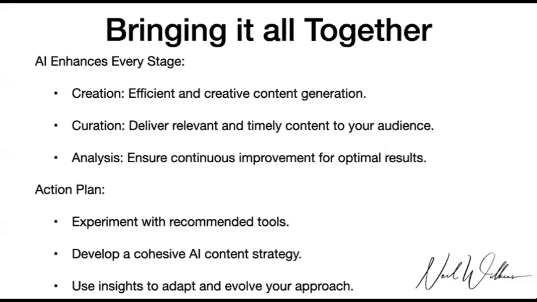So your next 3 steps, I would suggest, is to experiment and play with some of these recommended tools. You may well find others that suit yourself and your brand and who you represent more effectively, but these are a good starting point. Experiment with these tools. Second point would be to develop a cohesive AI content strategy. Find the bits that you really need help with. Assess whether or not you need real time. Look at your measurement, look at your analysis, and decide where you're going to get best value, because that's where you're going to prioritize where you're using AI to start with.